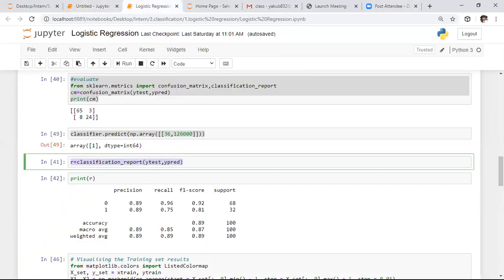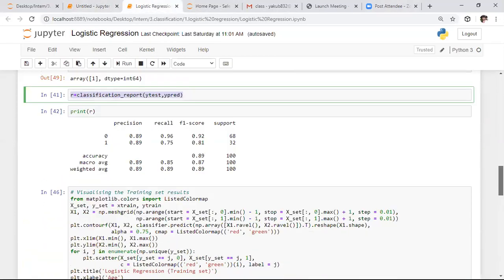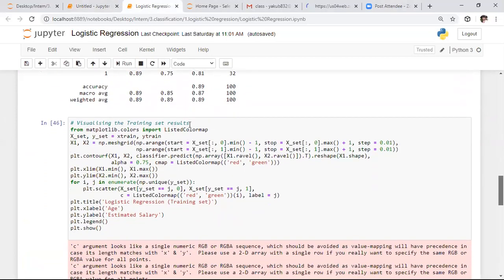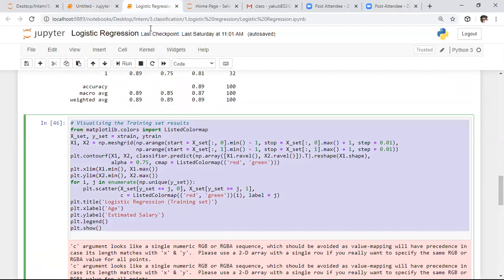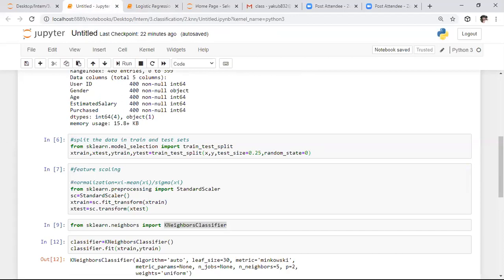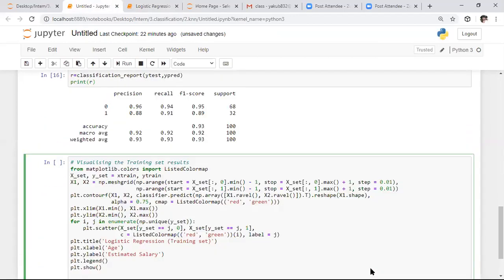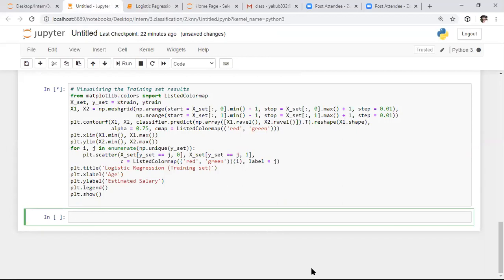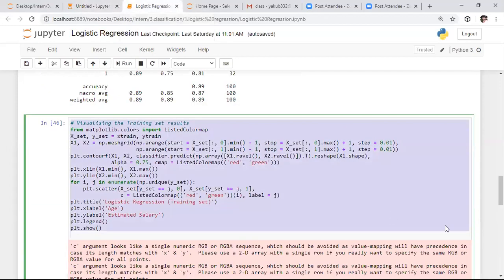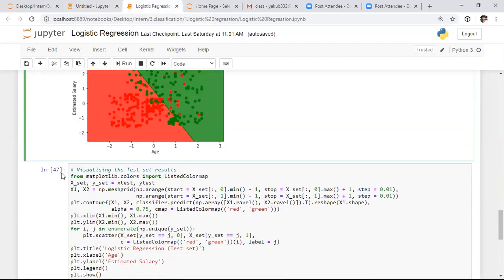After this, what we did previously, we plotted the graph. So here it is a graph. For the training set, initially we need to plot the graph. Today also I will explain this graph. Same thing what I did previously, same thing I'm doing here. And I want to observe the output. For the test set also, I want to observe the same output. For that purpose, I want to copy the code of the test set also.